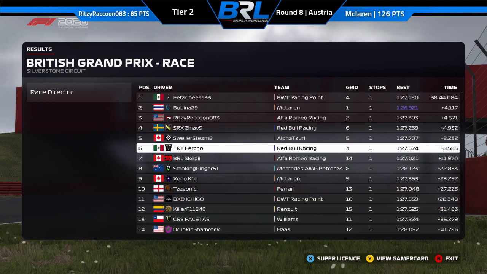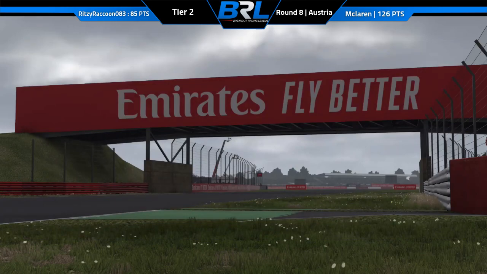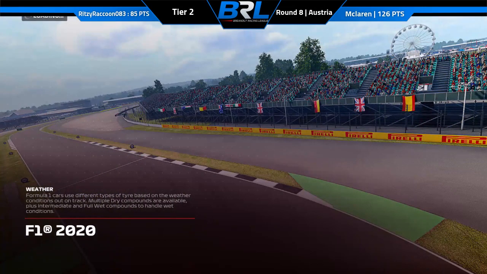Vircho, like you said, it was so close. It was going to be a 2-3 for Red Bull if it could have held on. They just couldn't hold on enough. Vircho P6, Skeppy P7 from 14th on the grid. He starts at a great finish today. P8, 9, and 10 finishes for the rest of the drivers on the grid here in Tier 2 for Silverstone. He got cut off because the time ran out, but Ginger to Zoning and